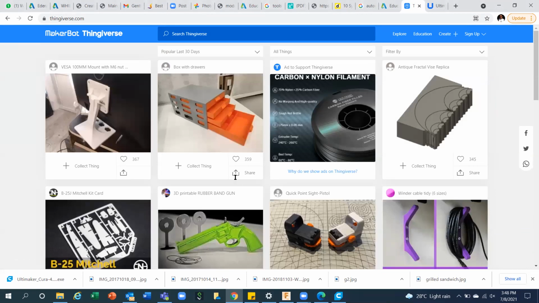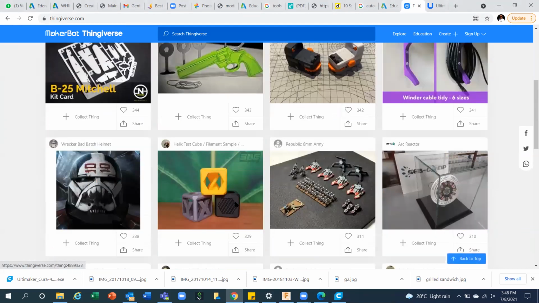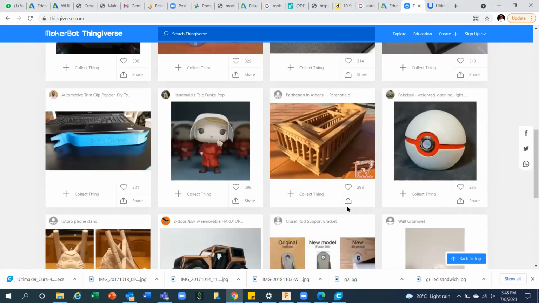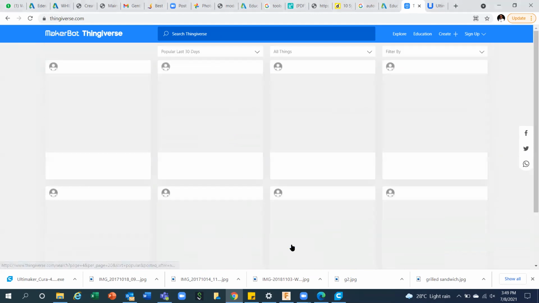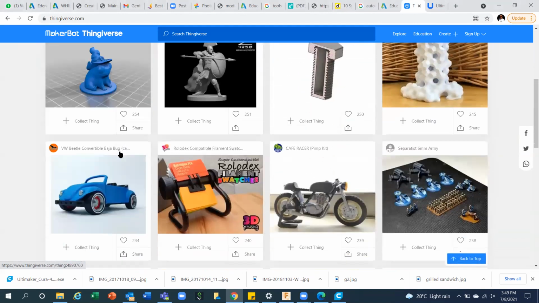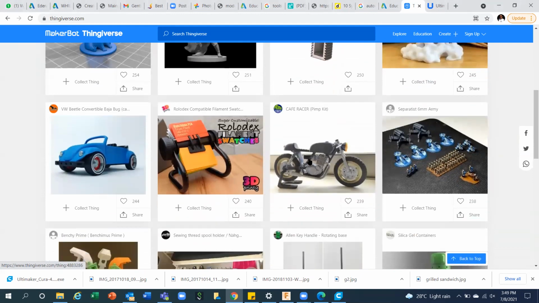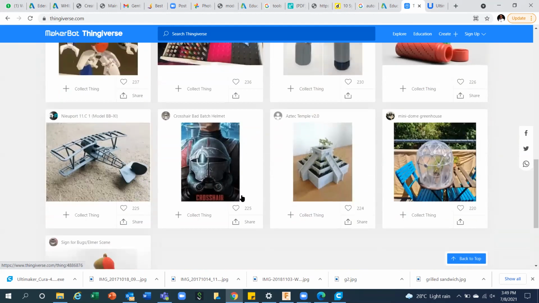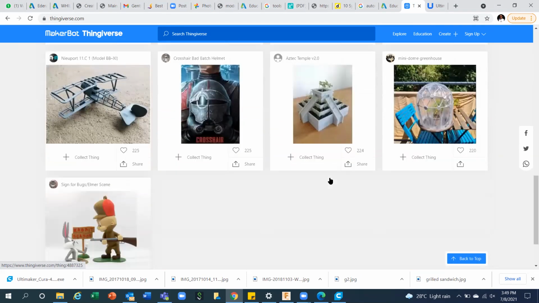You can see there are a lot of examples coming. Guys, so many toys. Can you see my screen? So you can directly download these STL files from this. But again, the challenge is you cannot modify them because these are sites from a third party. But yes, if you want to get it 3D printed, you can do a lot of experiments. See, all these are 3D printed parts.